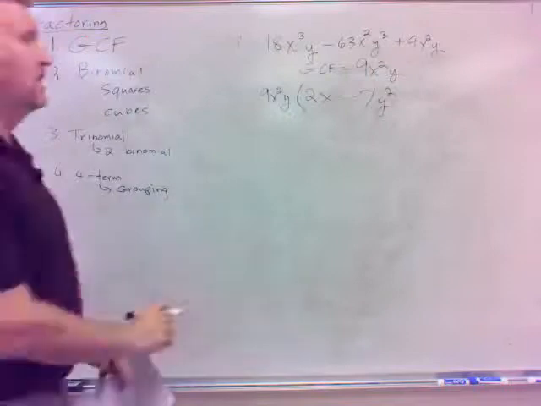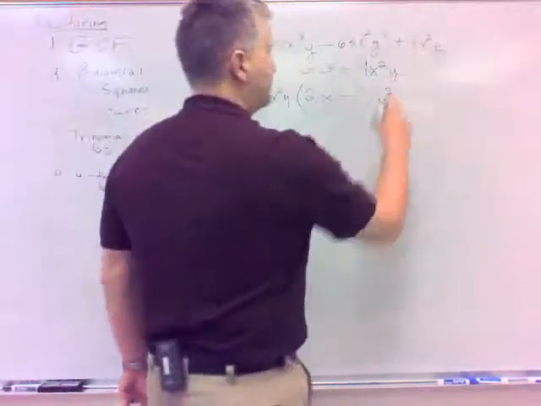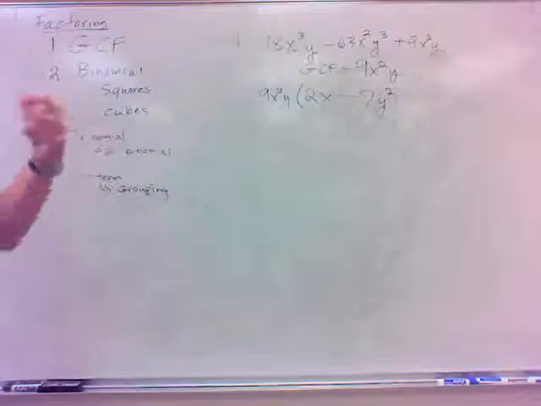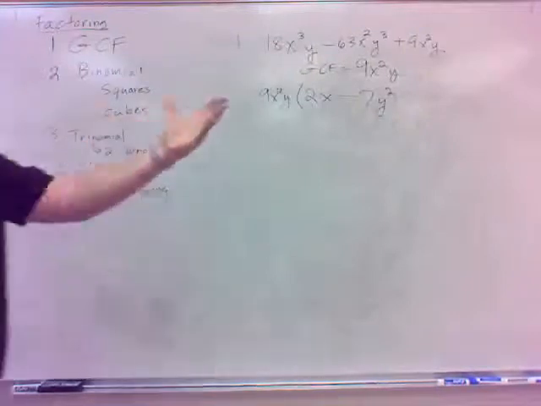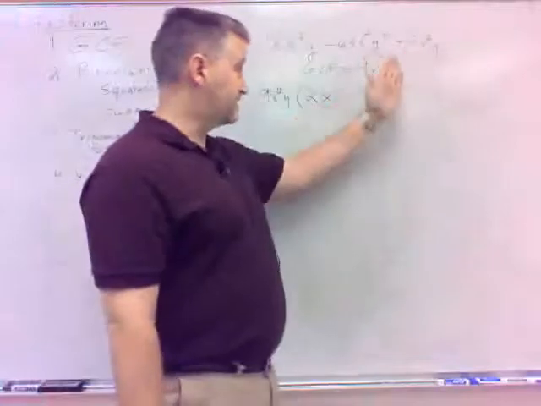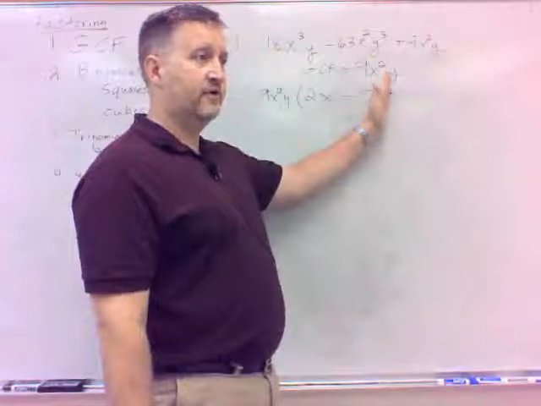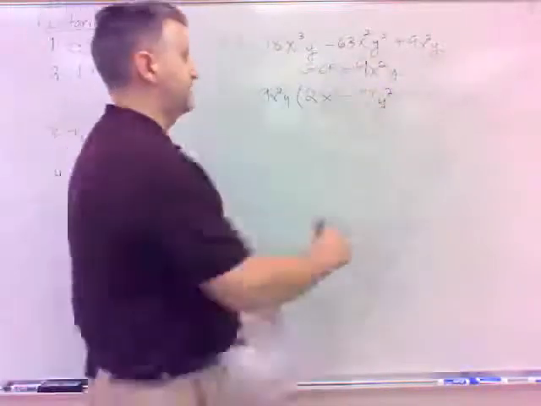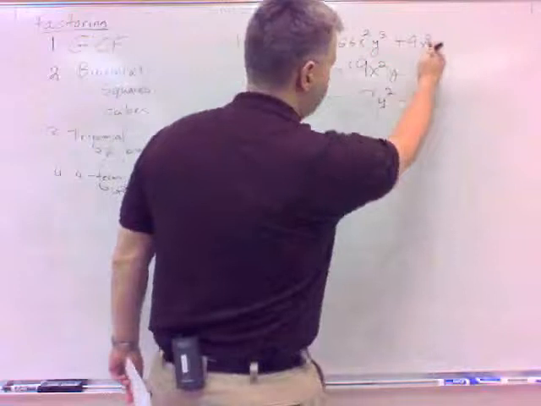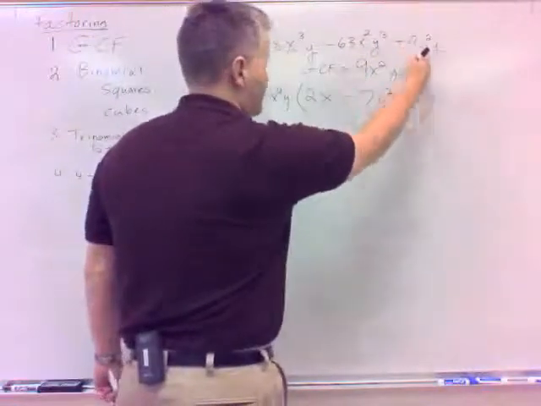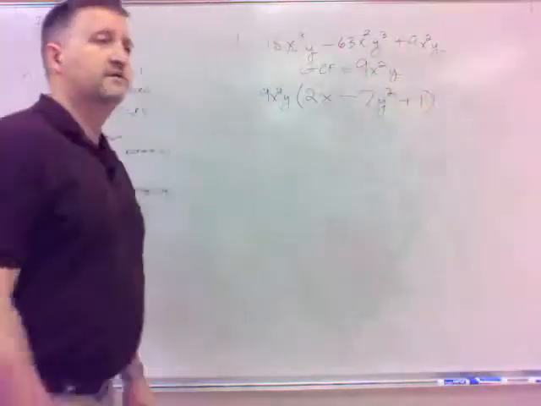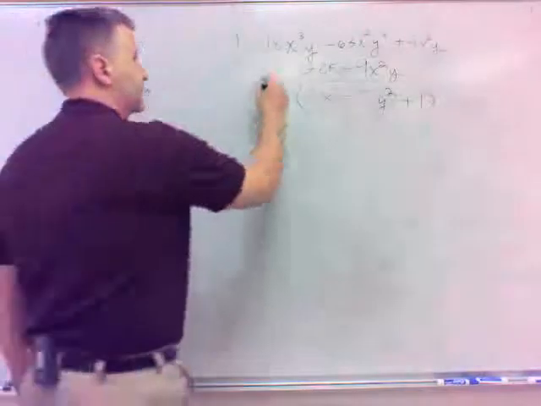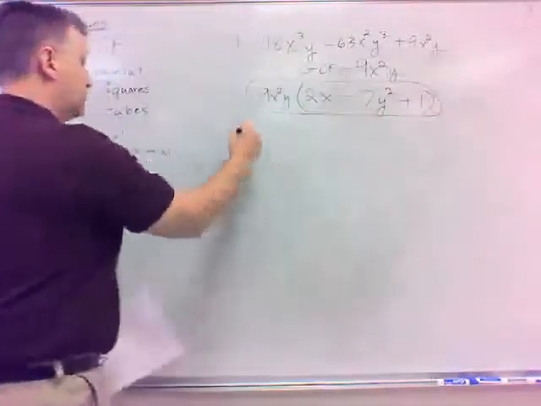With me on that? And then the last one, I give this one because you're taking out 9x squared y, so you're taking out all of it. But you can't just say no term there left. There is a placeholder. You need a 1 in place there. We are dividing this by 9x squared y, so that divides, and you get 1. Okay? All right, number 2,